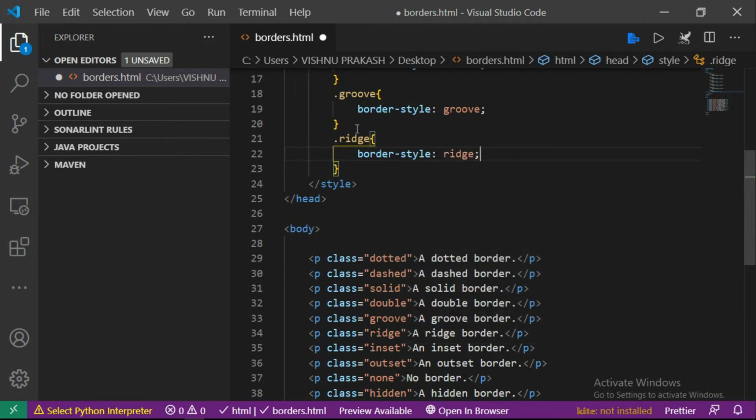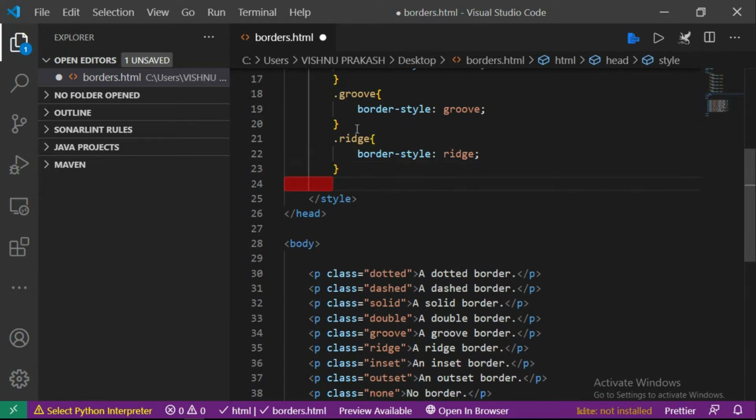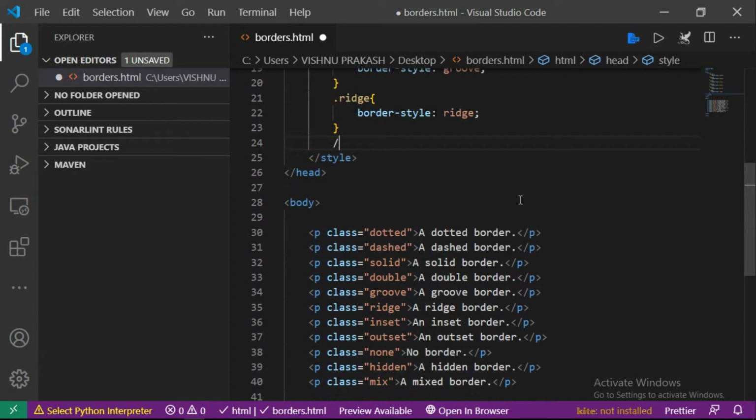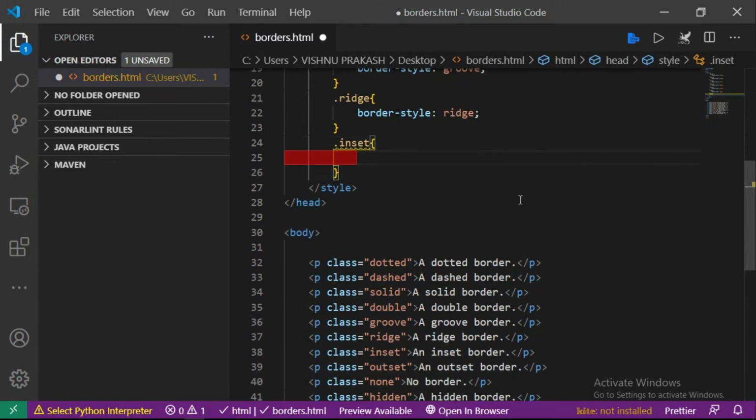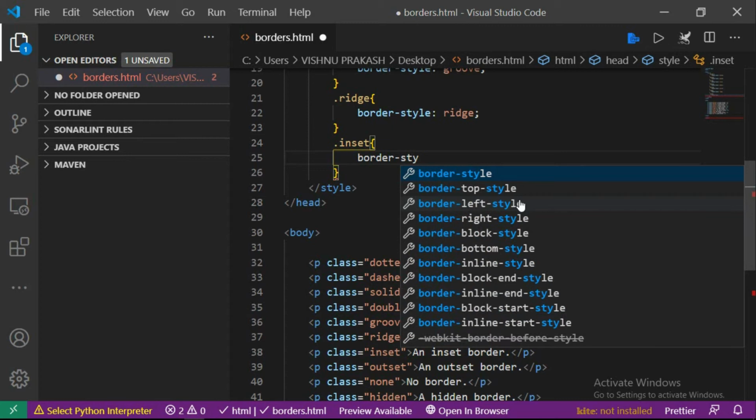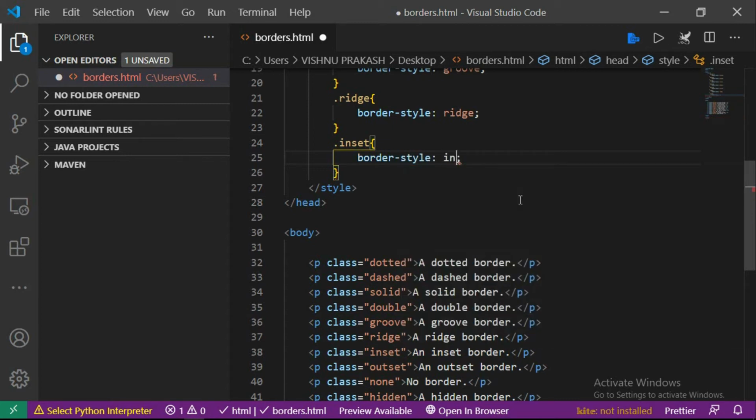After ridge, next one is inset, and in inset we give the border style as inset.